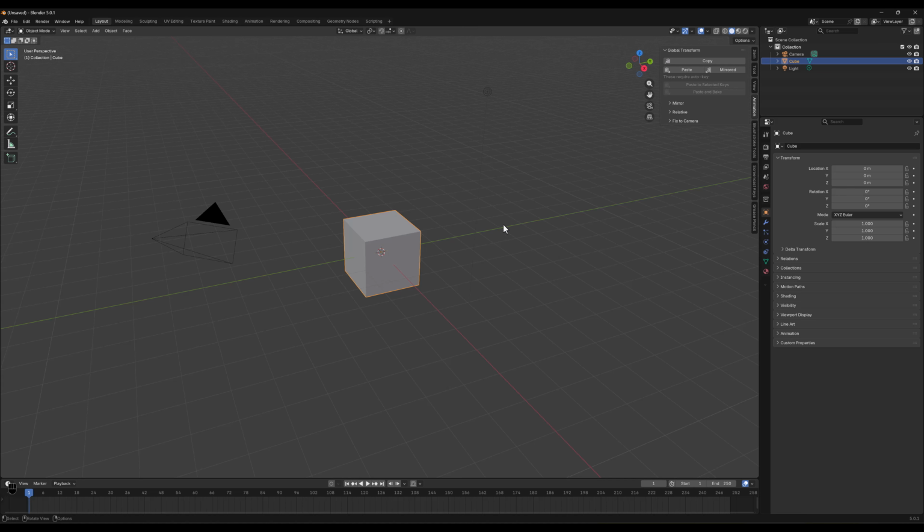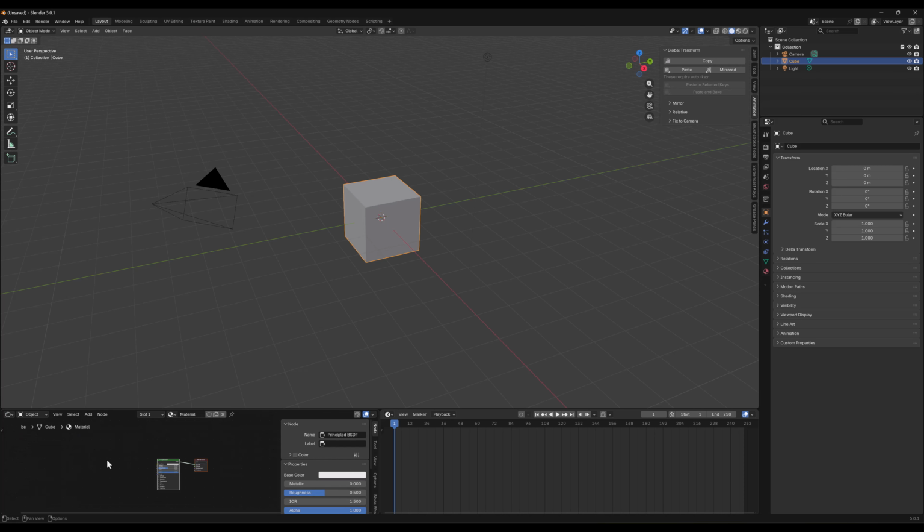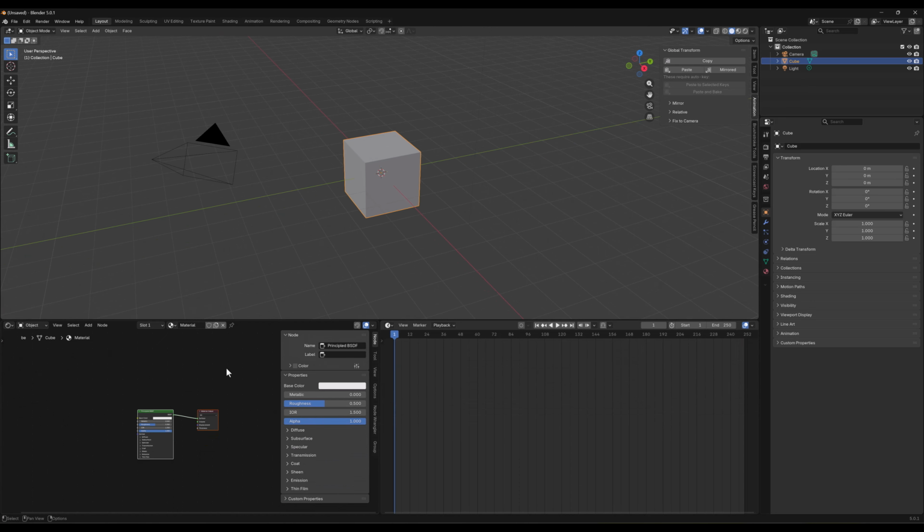Today we're going to add an armature to our basic cube, but to make this stand out a little bit more, let's add an image or a shader to this so that it stands out a little bit better inside of our view. There we've got our shader. Let's pull that up a little bit more